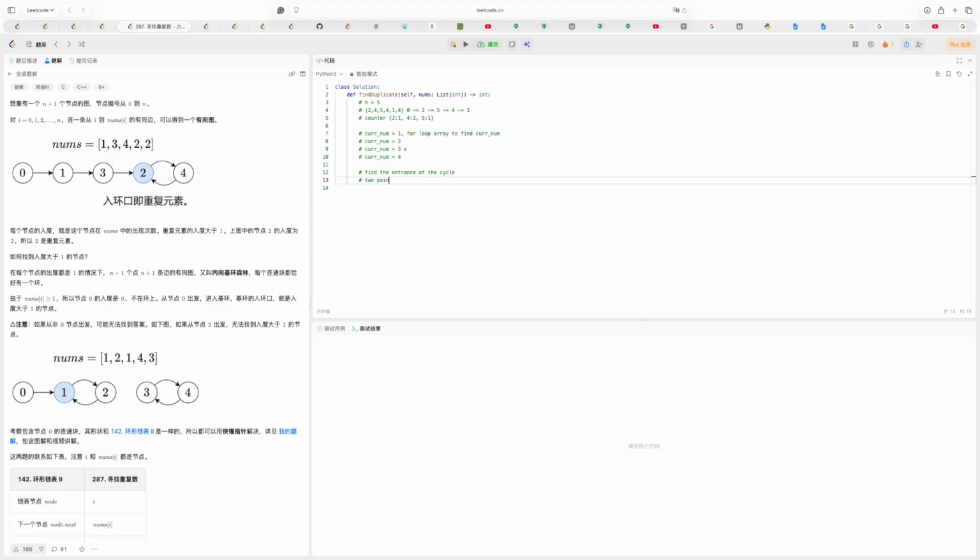And yeah, two pointers. First, two pointers will start from 0, and at each iteration, one pointer will move one step, the other will move two steps, and when the fast pointer reaches the end,